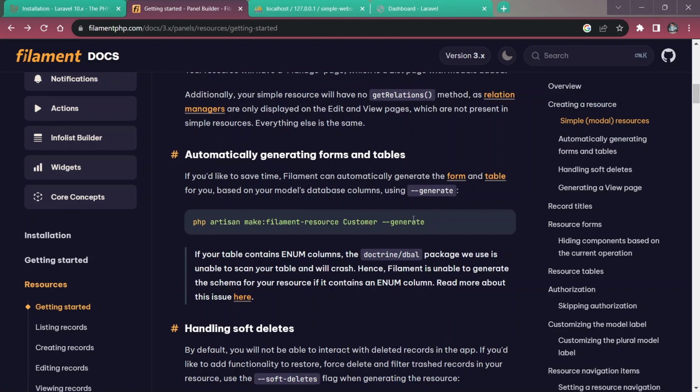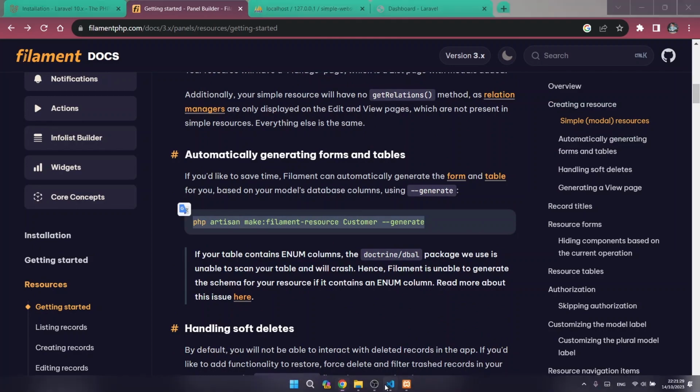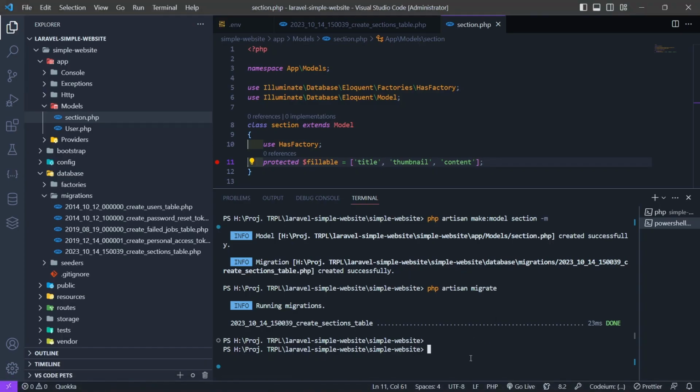We're going to copy and paste this, but first we're going to install dbal first, which you can use this command